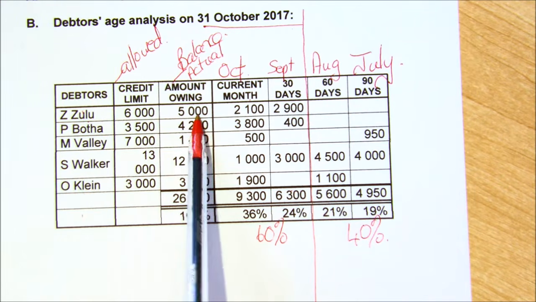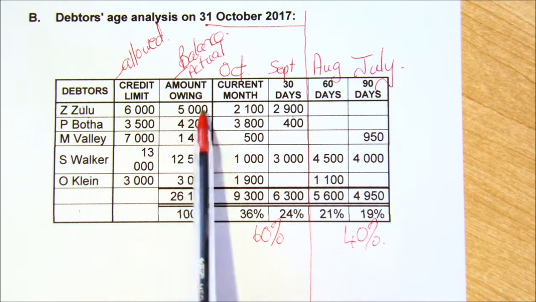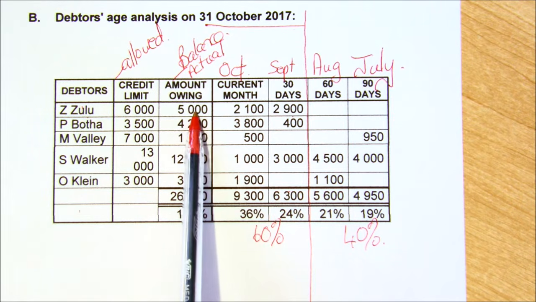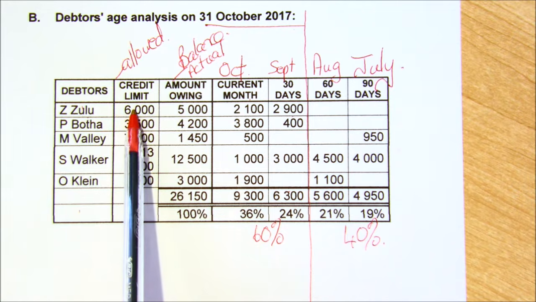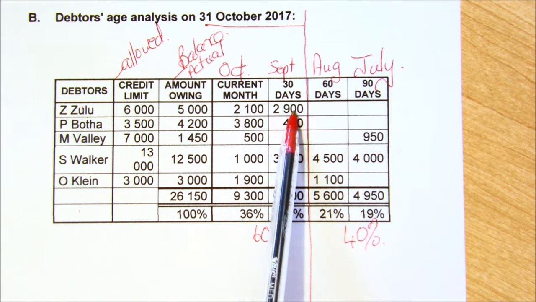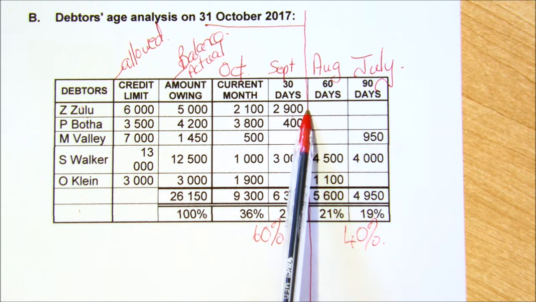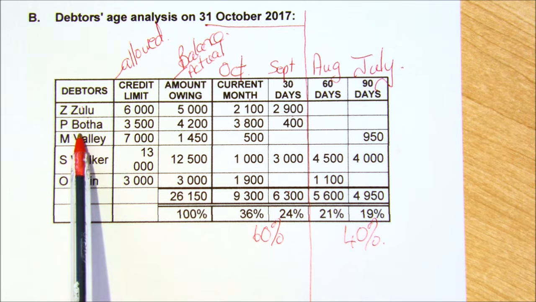If we look at Zulu, Zulu is a perfect debtor. Here's a balance. His amount owing is 5,000. That is less than the limit. So there's no problem. His amount outstanding is in the 30 days. So no problem at all. If we look at Piepwater,